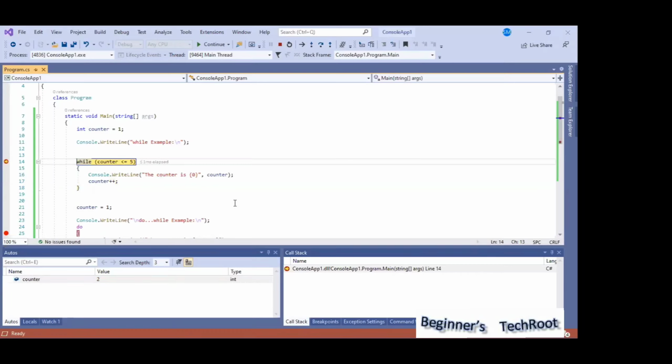Earlier we observed the statements executing in sequence, but since we used a loop here, after the completion of the loop body, the statement execution moves back to the beginning of the loop. Now here it checks the condition: counter less than or equal to 5. The counter value is 2. 2 is less than or equal to 5. If I press F11, it's satisfied,